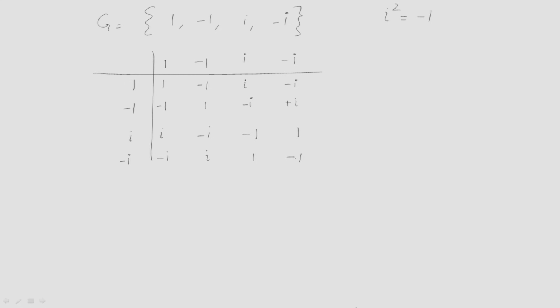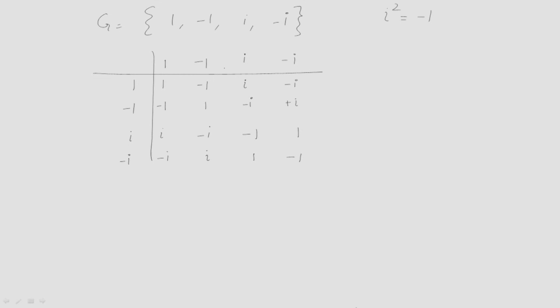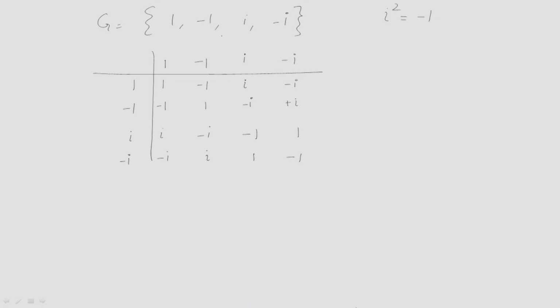Now, we have seen all the possible multiplications of the elements of G with itself, and we have seen that all the elements in this set are in G itself. That means this usual multiplication on this set G is a binary operation. That is clear, because if you multiply any elements of G, all the results are in G itself. So, the first property holds. Now, we have to see the associative property.